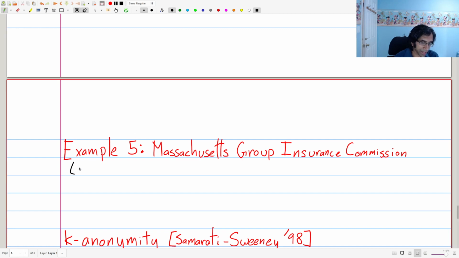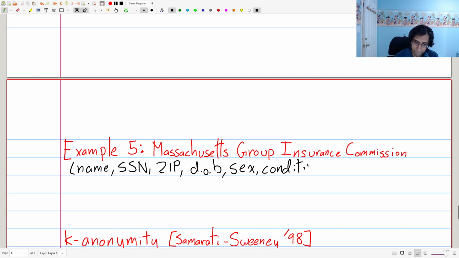Each row in the dataset would have an individual's name, social security number, zip code, as well as their date of birth, maybe their sex, and their condition. So this, of course, is not something you would want to publicly release, all this information. So naturally, this was redacted and anonymized in an appropriate way. Say name and social security number were hidden from the data set. And in particular, Massachusetts Governor